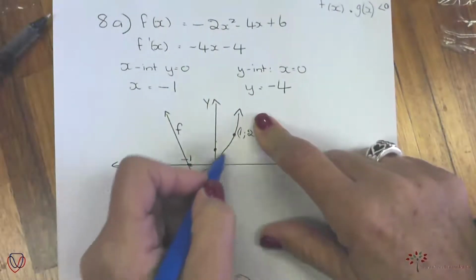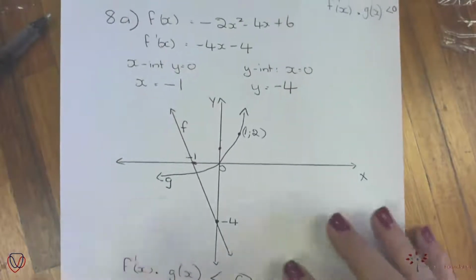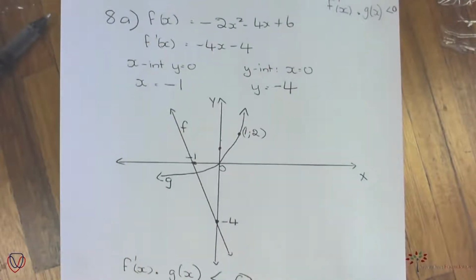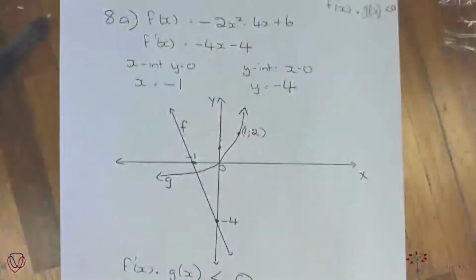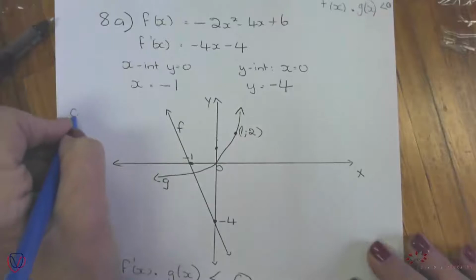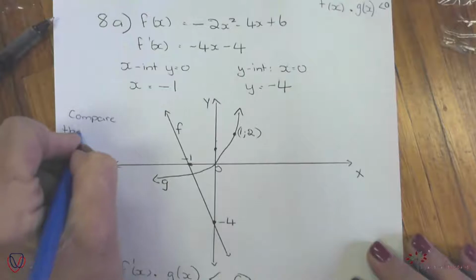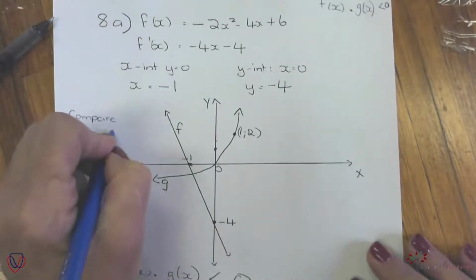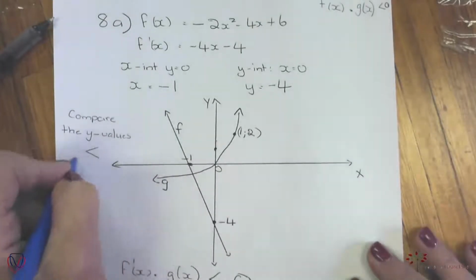Okay, there's the exponential graph that was given right from the start. Now, people, if you multiply two graphs, remember this is the y value and that is the y value. g(x) stands for y, f(x) stands for y. So when you multiply these, you must compare the y values of the graph. Compare the y values of the graph. I'm going to write it here. If it must be smaller than 0,